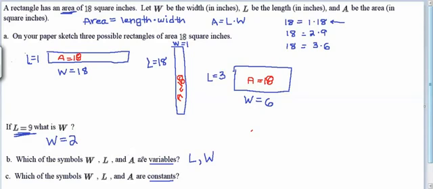A, on the other hand, if we look at all the examples we did, A is always 18. And the given information comes right out and says A has to be 18. If we drew a rectangle that had an A anything other than 18, well, it wouldn't fit this scenario. So A cannot vary. The value of A is fixed, so that lets us know that A